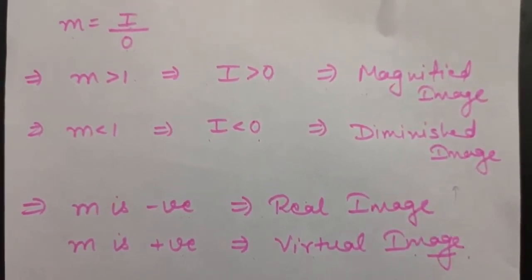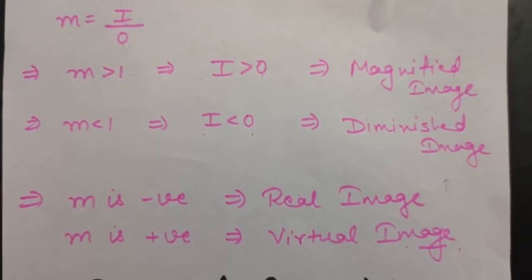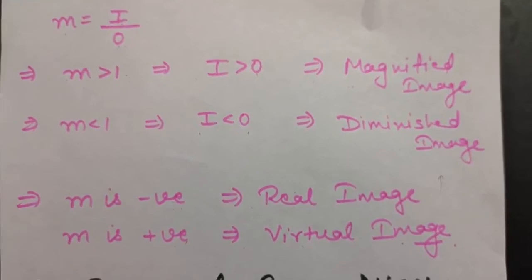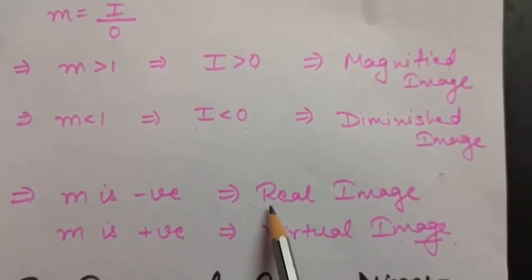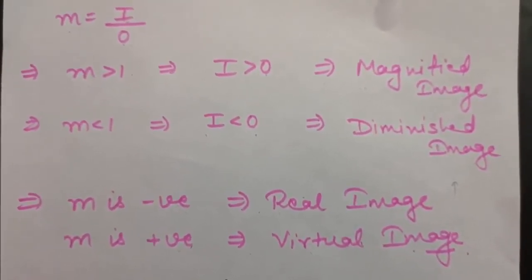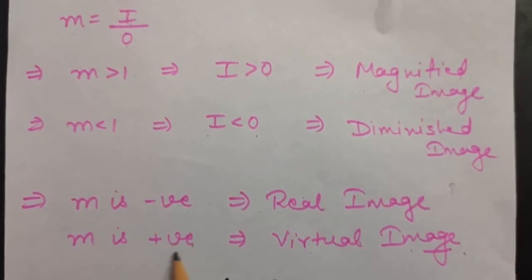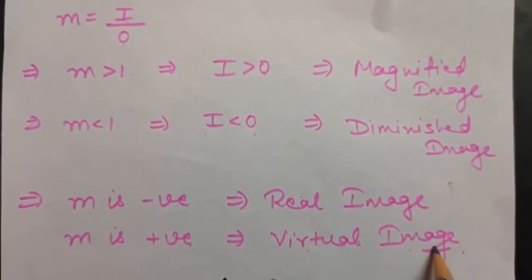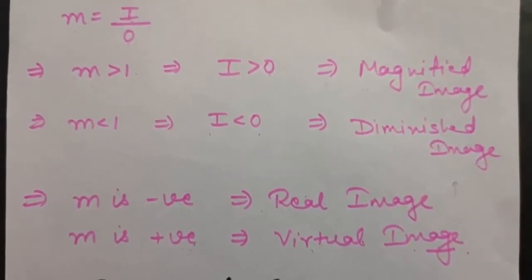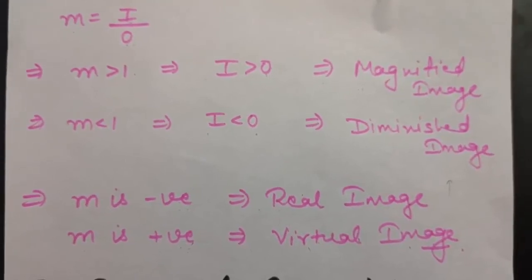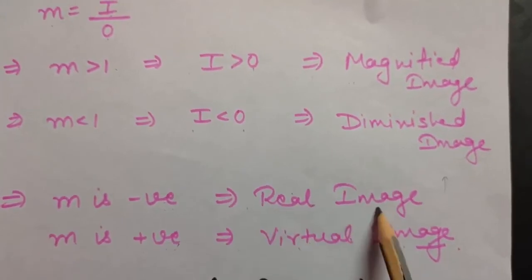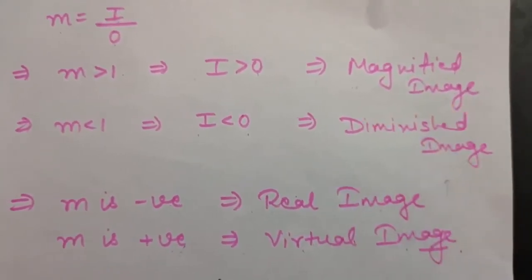So from here you can conclude that magnification can be negative or positive for a concave mirror, because in ray diagrams we have seen the concave mirror can form a real as well as a virtual image. But for convex mirrors magnification will always be positive, because a convex mirror always forms a virtual image. Remember this. For example, if in any question you are asked to calculate the magnification of minus 3, magnification of minus 3 means that you want a real image and it should be magnified by 3 times.